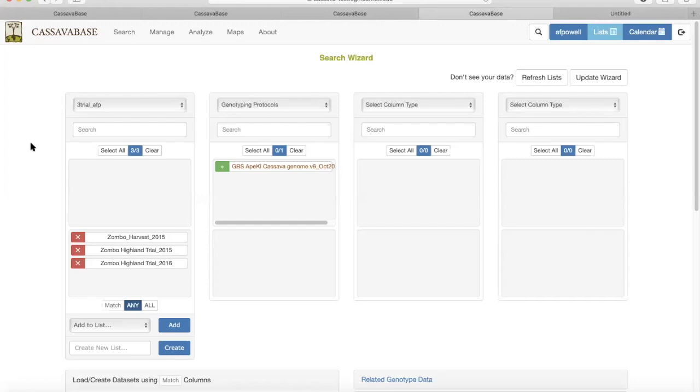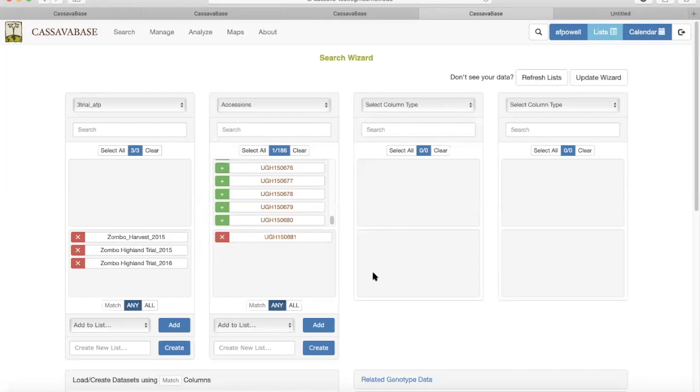I don't know if I can select an accession, I'll try this one. If I'm downloading phenotype data and I'm interested in this particular accession,